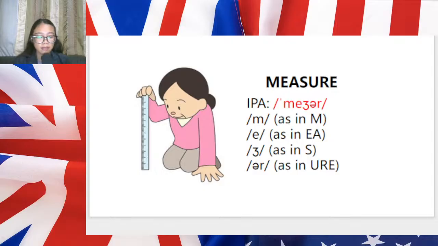And then we break them down into each individual sound. M, as in man. This is a familiar IPA symbol for the M sound, like in man or moon. Next to that is